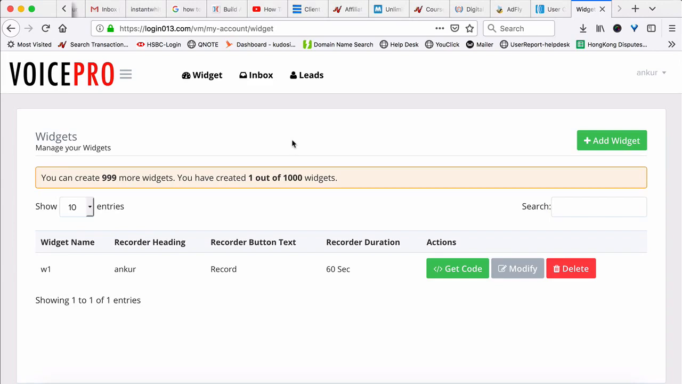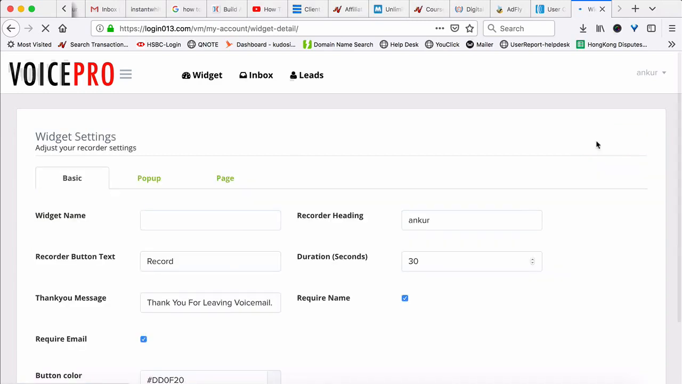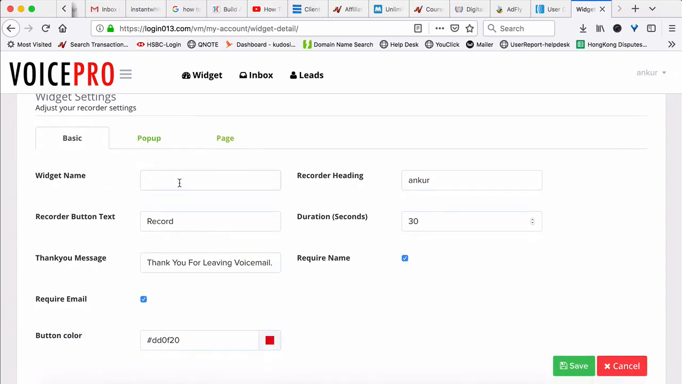So here you actually have to go in and click on add widget, and this will show you a page where you can actually add the details of your widget. All right. So this is the widget name. So you can probably put in your website name here. So I'll put in Create Ventures, let's say, for example. You can put a recorder heading. Let's say I'll just type in my company name here,